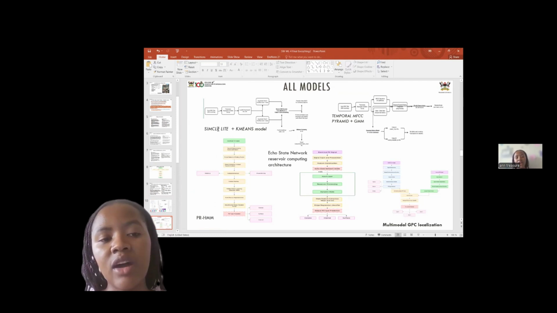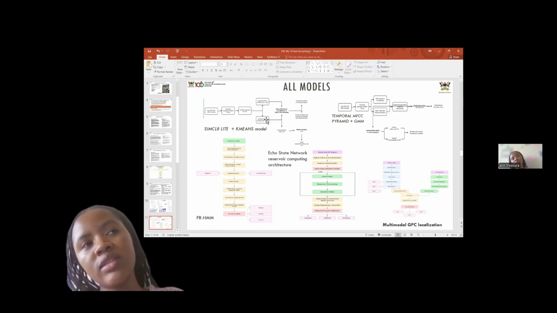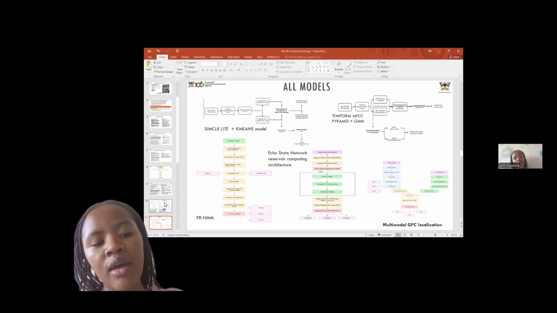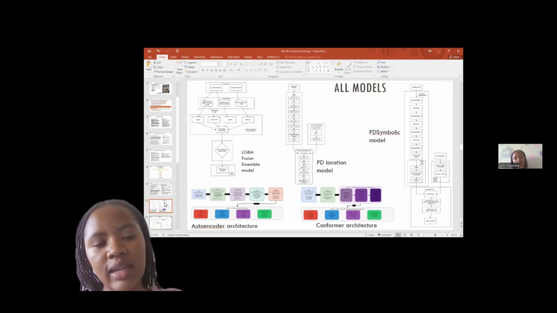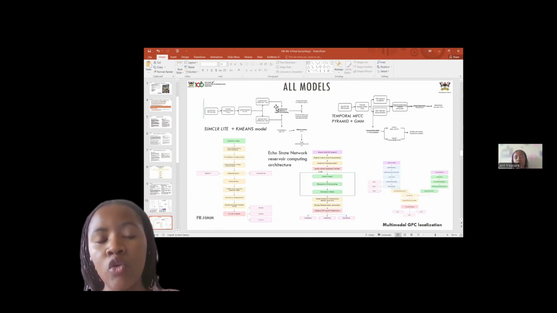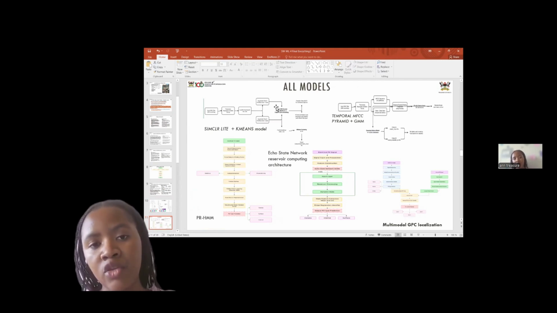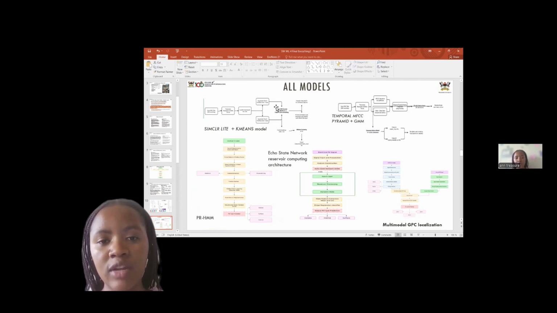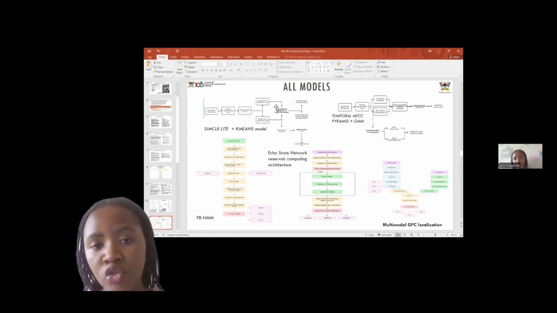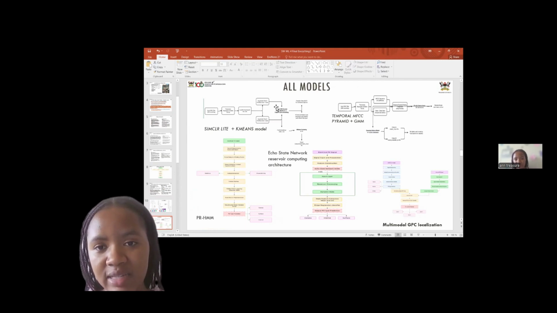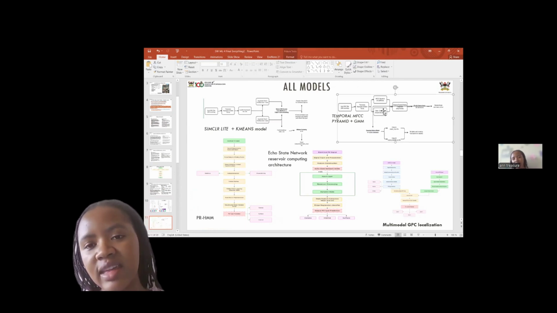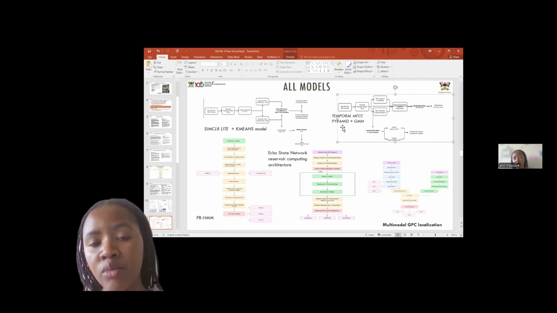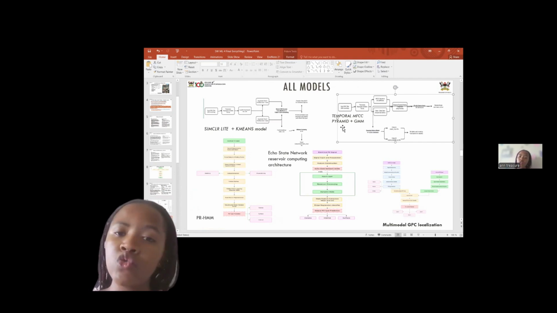SimCLR light model. What this model used, remember in the autoencoder, it was mainly reconstruction to see if we could reconstruct the original signal, but with this it was mainly comparing the different types of signals in order to find the similarities and cluster them accordingly using the k-means. So it was a different approach to the autoencoder in order to produce these pseudo labels, or these different unsupervised clusters. So with the temporal MC pyramid model, what this model used, it extracted the